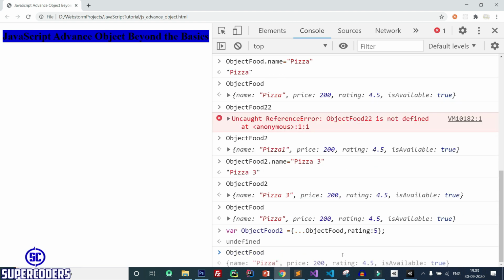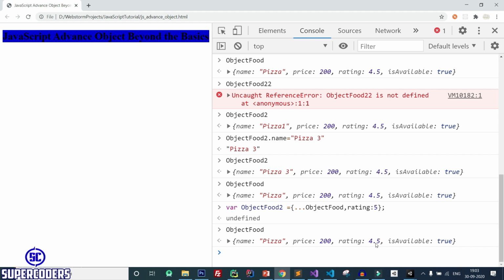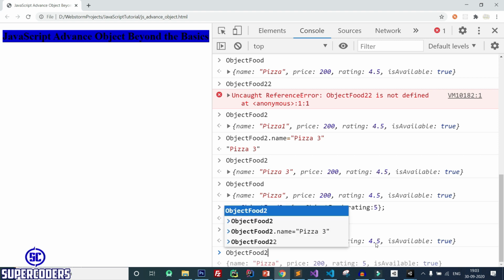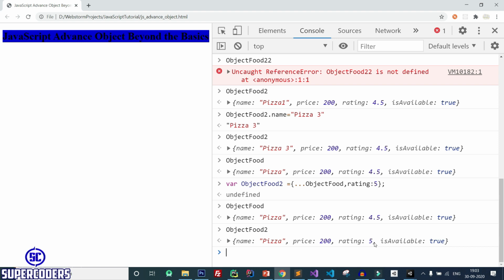If I check object food, it's showing 4.5, and if I check object food 2, you can see it's showing the value 5. So in this way you can copy the data of object food and also update a value or add a new value. If the key exists, it gets updated. If it does not exist, it will add a new key.